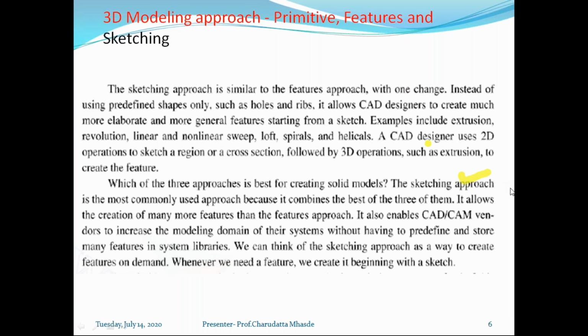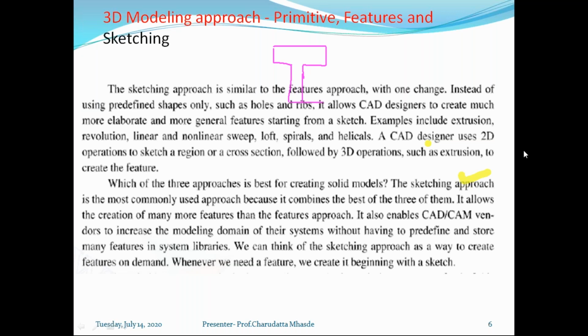I just want to define this parametric approach for all of you so that it is very clear. Suppose you want to create a nut. This is the nut, this is the diameter of that particular nut, and this is the length.